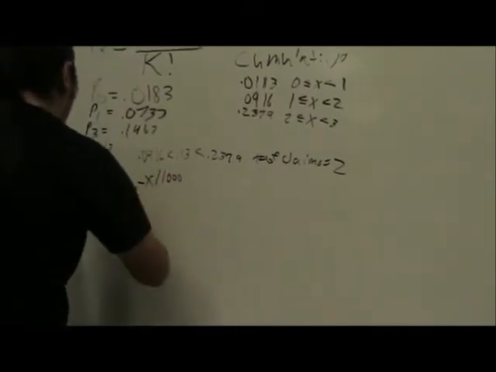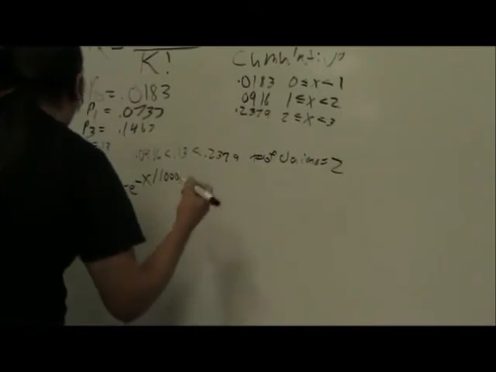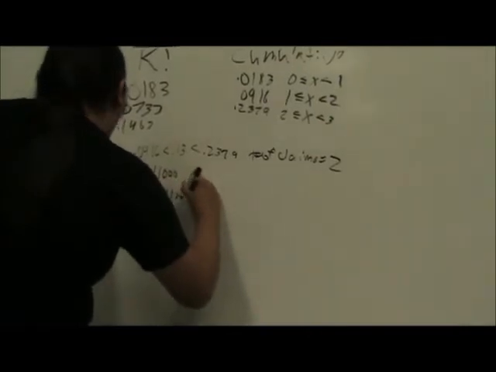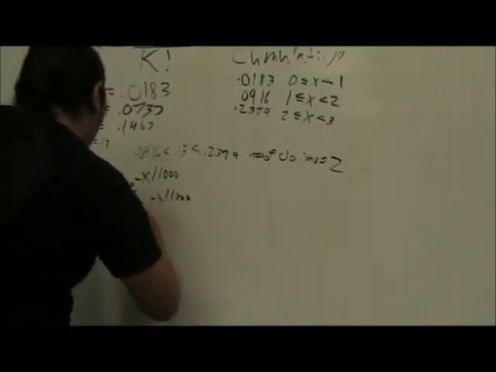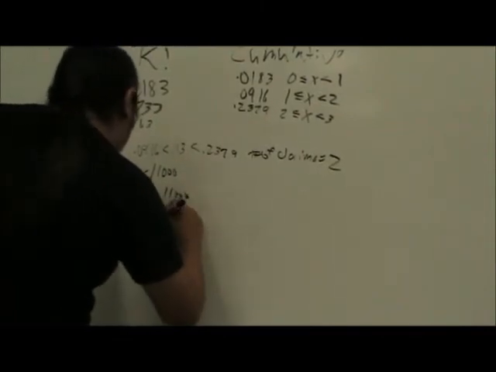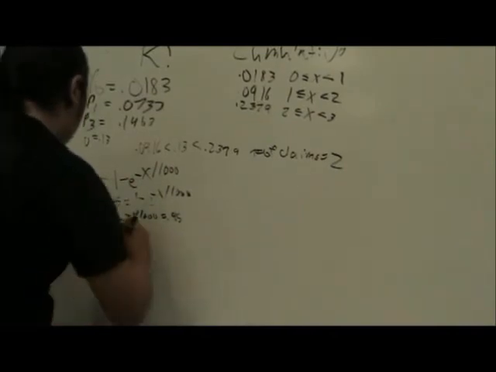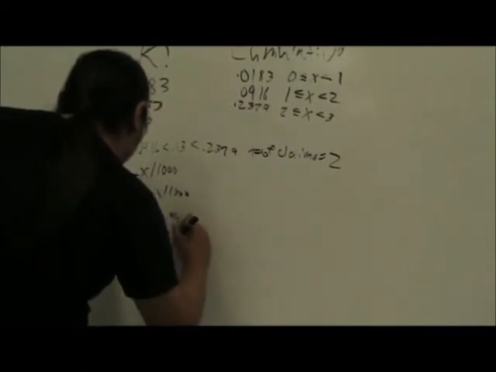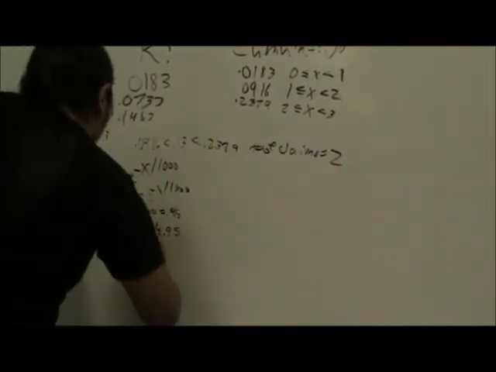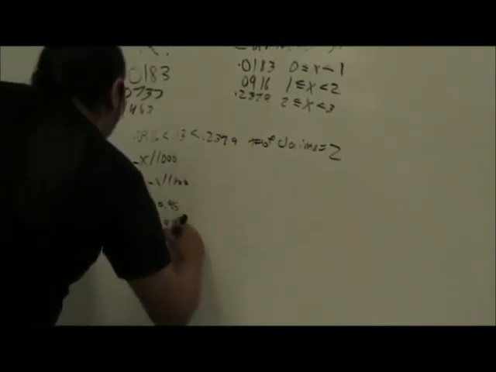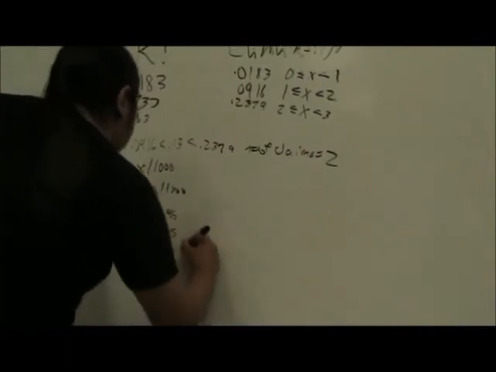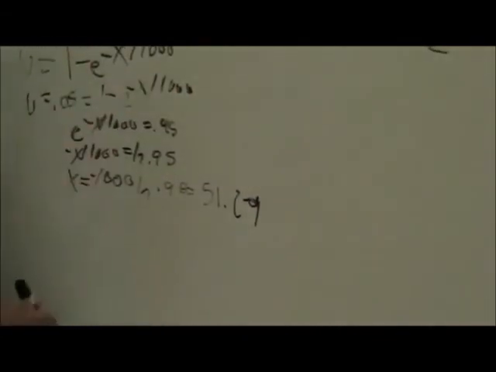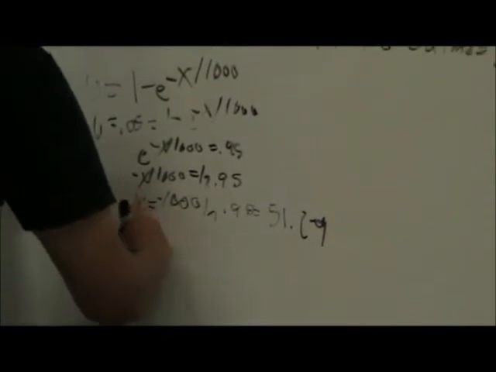So for u equal to 0.05, I'm just going to do all the manipulations. e to the negative x over 1,000 is equal to 0.95, so negative x over 1,000 is equal to ln of 0.95, and you get x equals negative 1,000 times ln 0.95, and you get 51.29 for that loss. And now for u equal to 0.95, you get